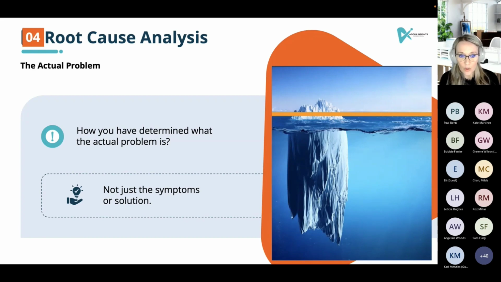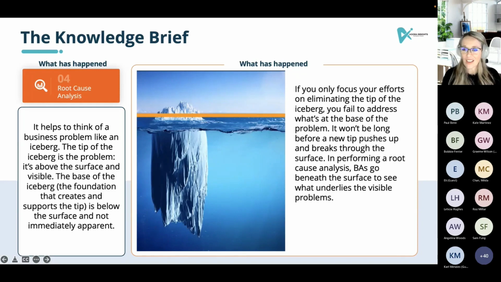However, in order to do the root cause, we still need to go and investigate what might have stopped that water from being contained. Let me just go into the next slide. So this is the iceberg example. If you only focus on the tip, the next bit just rocks up again. I know it's not the best example. I do prefer the tree analogy, but this does give you some insight into that.